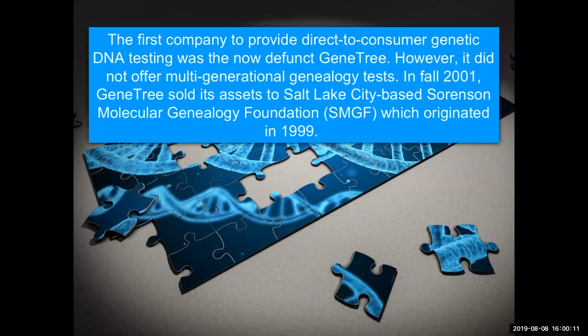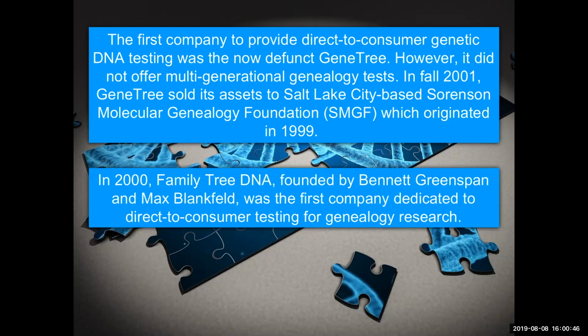Here we are. The first company to provide direct-to-consumer genetic testing was GeneTree, which is now gone, and it didn't offer multi-generational genealogy tests. It was just a genealogy testing company, but it sold out to genealogists. And GeneTree sold its assets to a Salt Lake City-based company called Sorenson Molecular Genealogy Foundation, which originated back in 1999. And they did sell tests, and they were fairly expensive. And finally,